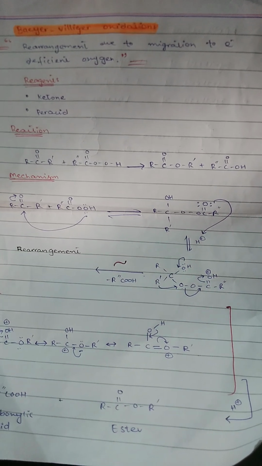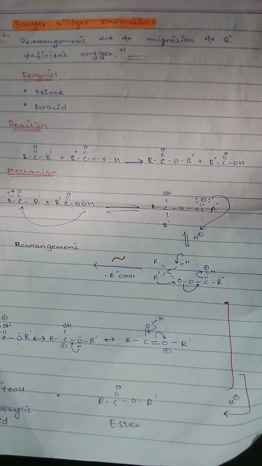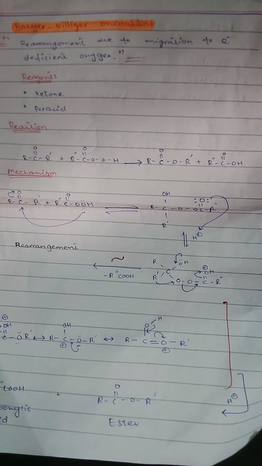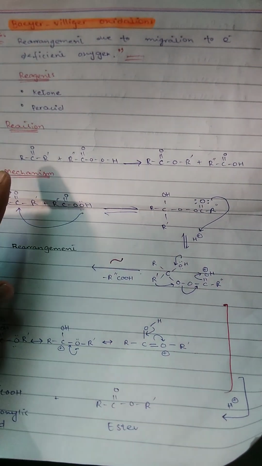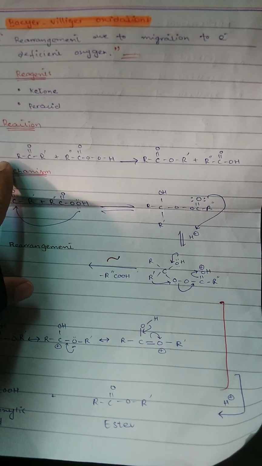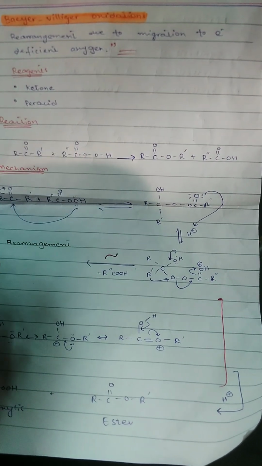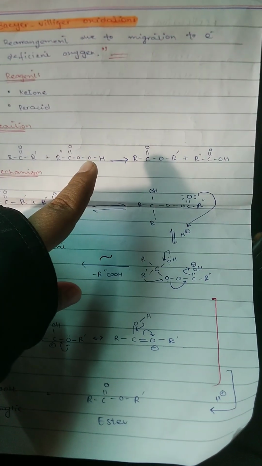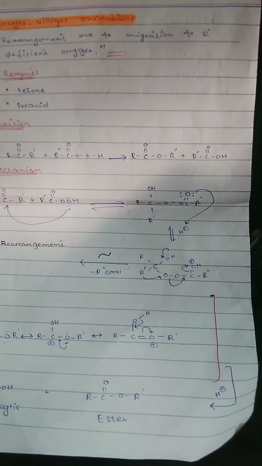So let's start the reaction. The reagents we need to start the reaction are the ketone and the peracid, and in the product we will get the acid and ester. So let's have the general mechanism, that is ketone that we are taking. Ketone, you know its structure very well: two alkyl groups along with the carbonyl group. The ketone will react with the peracid. Per in the name of the acid represents an extra oxygen atom.